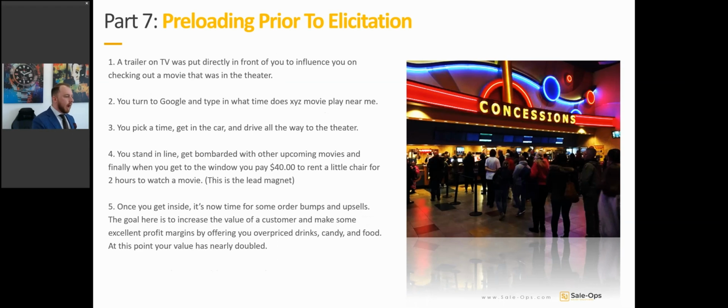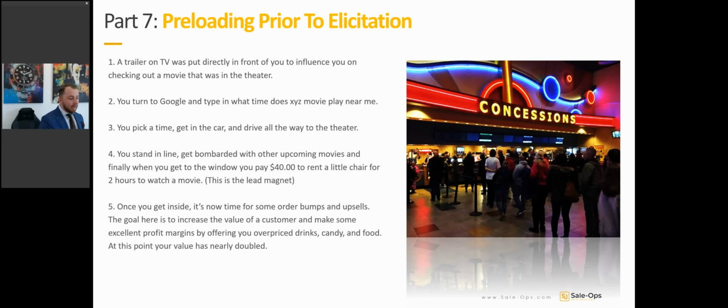Third, you pick a time, you get in the car, and you drive all the way to the theater. Fourth, you stand in line, whether it's hot, whether it's cold, whatever the circumstances are, you're standing in line, and you are bombarded with all these upcoming movies, and finally when you get to the window and pay $40 to rent a little chair for damn near 2 hours to watch a movie, which is of course the lead magnet,